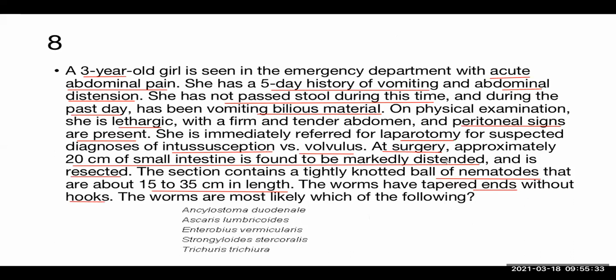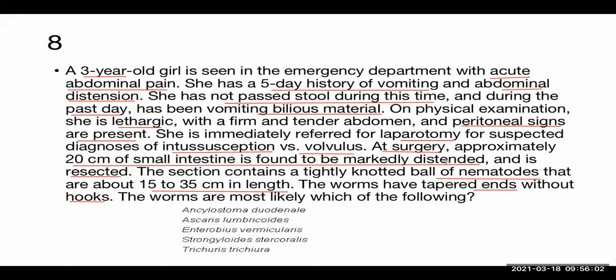Is it Ancylostoma duodenale, Ascaris lumbricoides, Enterobius vermicularis, Strongyloides stercoralis, or Trichuris trichiura? Which one of them? Ascaris lumbricoides. Okay, he's saying Ascaris lumbricoides. Why? Sir, because the length is given, so it will be very long, and it can cause so many problems